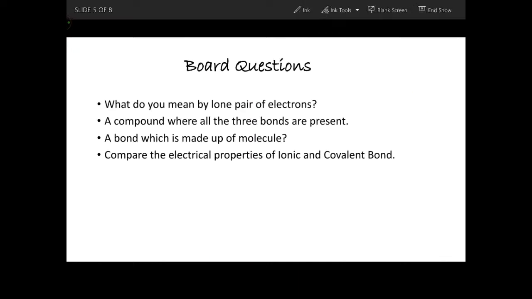Okay. These are board questions. So that was the last topic that we had to discuss. Now 2-3 questions I have brought for you so that it will be easy for you. These are all board questions which have come, okay. Now, what do you mean by lone pair of electrons? This question was asked and most of the students could not score good marks because they did not write the exact answer. So the answer for lone pair of electrons will be